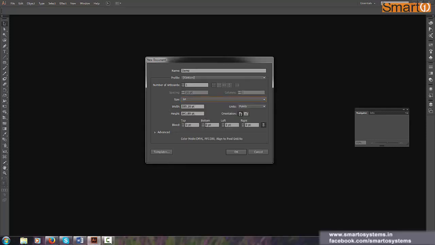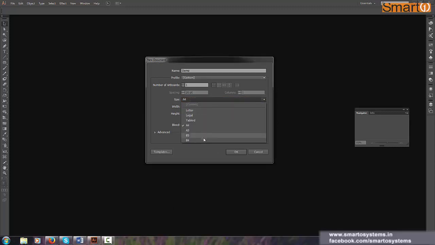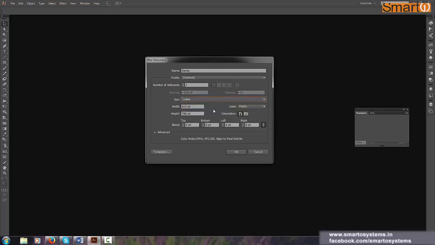If I select A4, it shows 595.28 and some other numbers. If I select B4, the numbers change. The units can be points, picas, inches, millimeters, centimeters and pixels. So let's go with pixels and Letter.